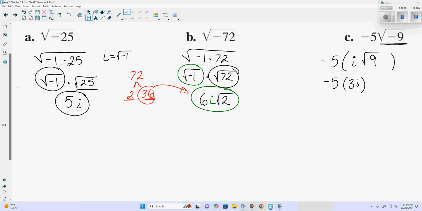Now what's negative 5 times 3i, or negative 5 times 3? Negative 5 times 3 is negative 15i. Or really, we could have just taken what? The TI-30XS,